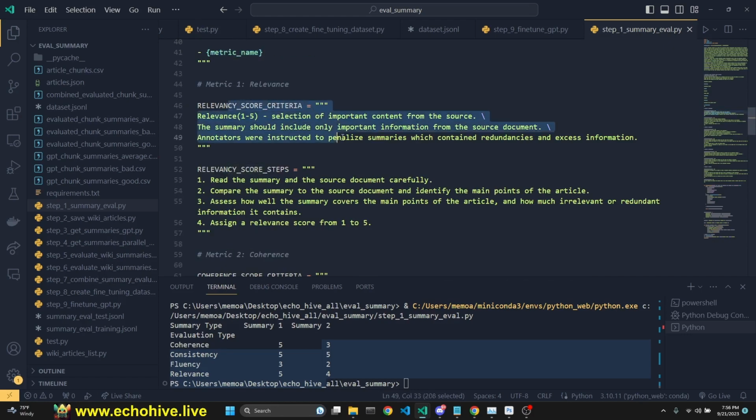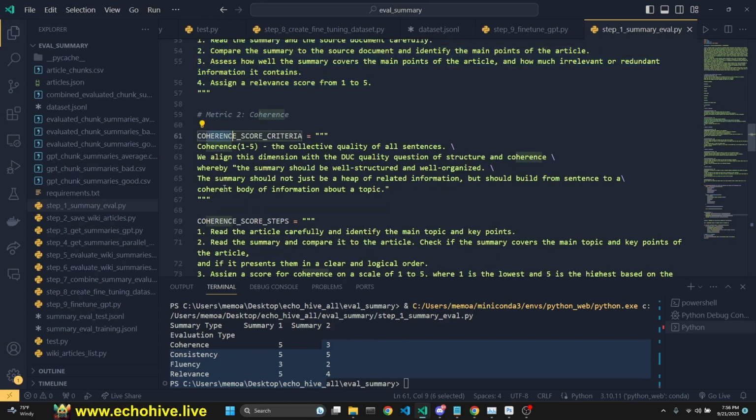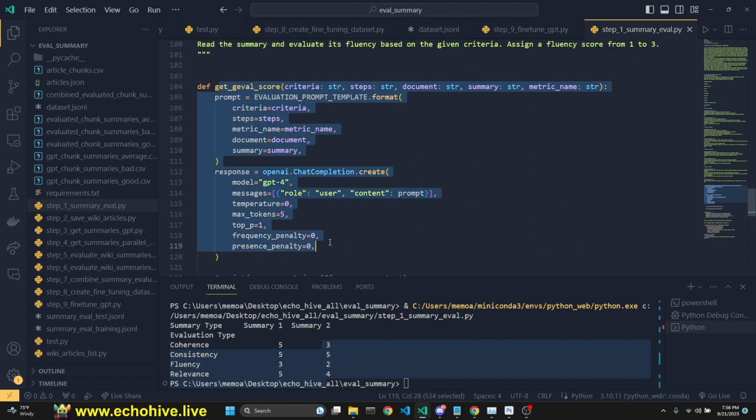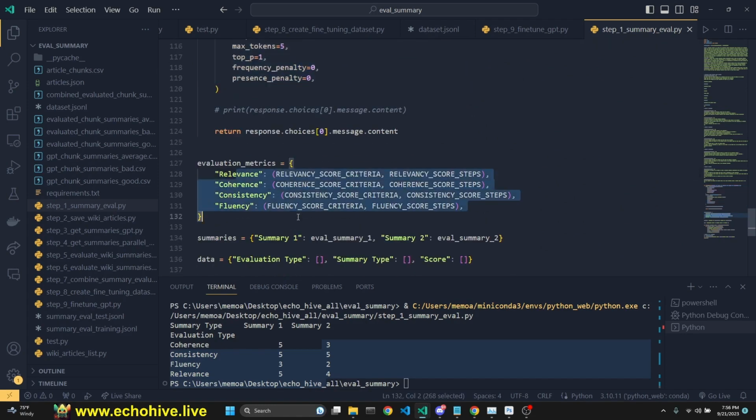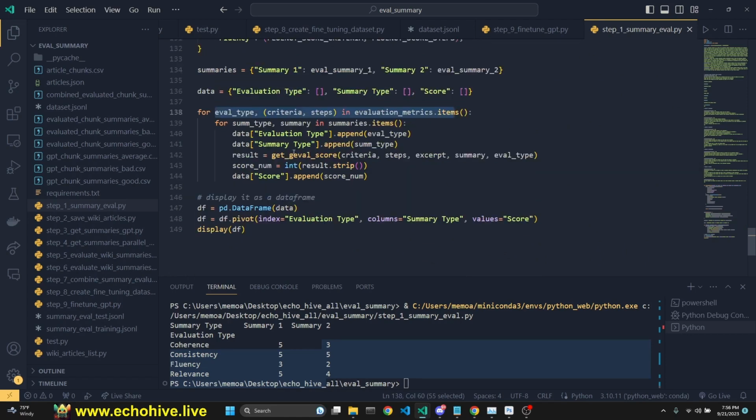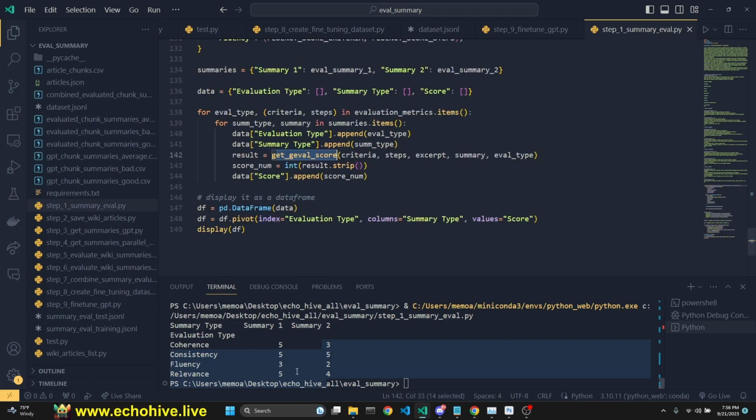As you see, relevancy score criteria is defined, and its steps are defined right here. Same goes for coherence, consistency, fluency. We create this function to actually make this call, and then by creating a dictionary from all the metrics, we actually loop over those metrics and get a score for each using the get eval score function. And then we just simply print them here, in this case, like a table. But essentially what this does is just rates a summary in comparison to the original document based on coherence, consistency,